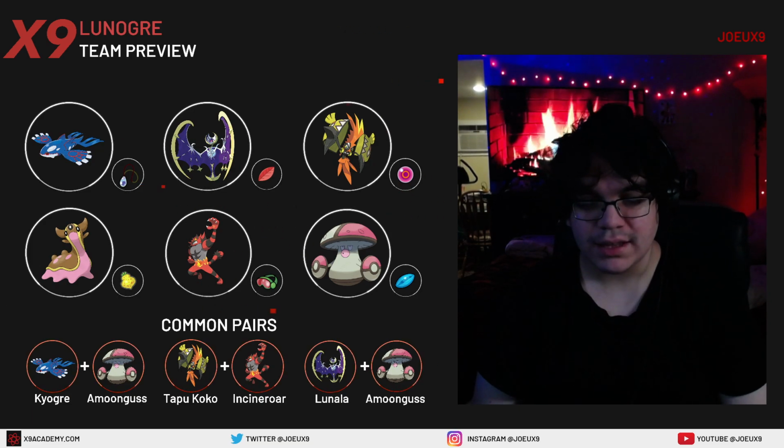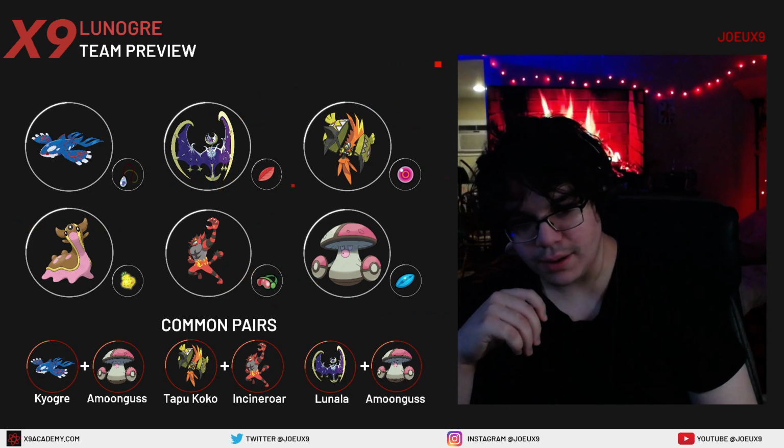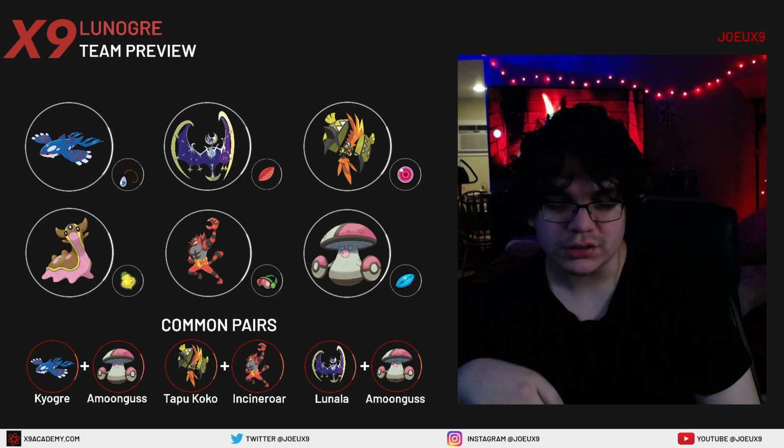But yeah, that's the main thing for the team as a whole, that pair. And then we'll go to Lunala and Amoonguss. So Lunala and Amoonguss,